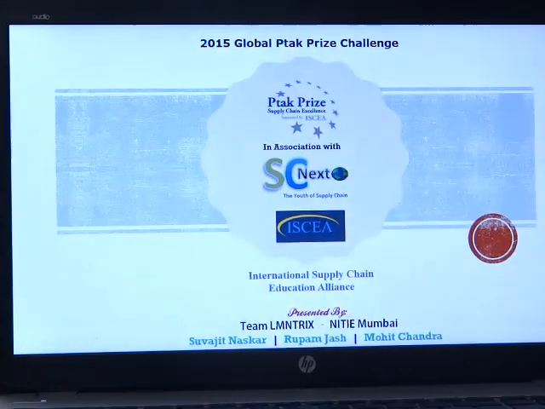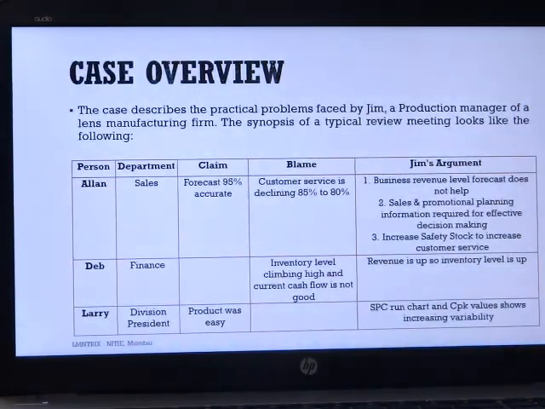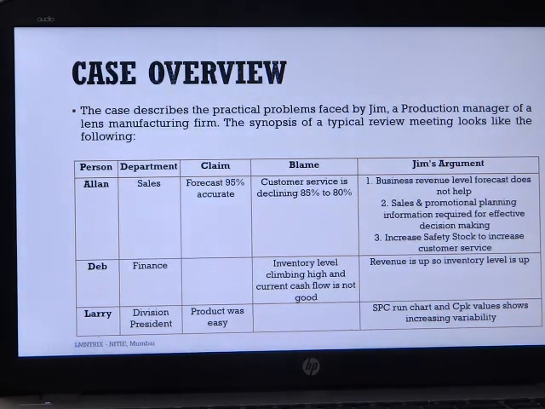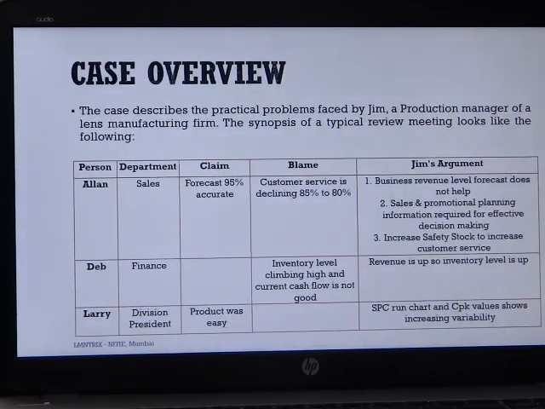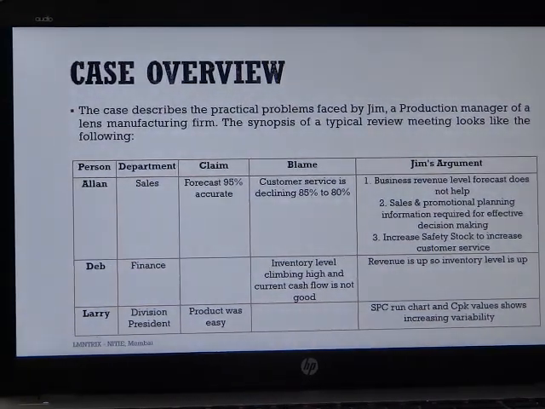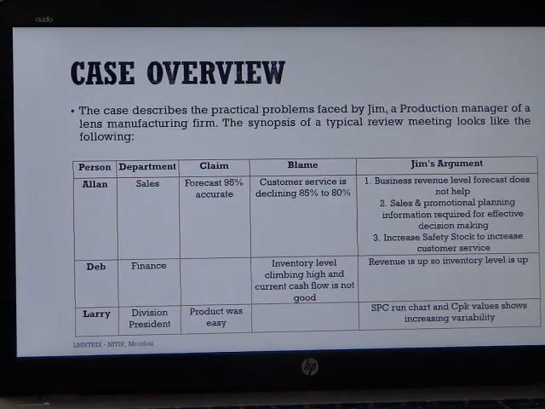First of all, the case scenario. The case describes the practical problems faced by Jim, a production manager of a lens manufacturing firm. The synopsis of a typical review meeting looks like the following table. In this table there are 3 members from different departments. They have claimed something and blamed some department, and there is an argument for this by